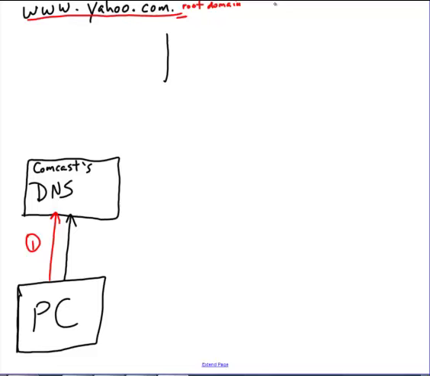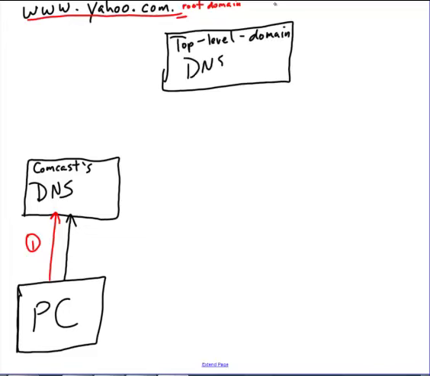And the root domain is handled by a set of servers called the top level domain DNS servers. So that was step two. Comcast knows to start the query process by asking those servers,